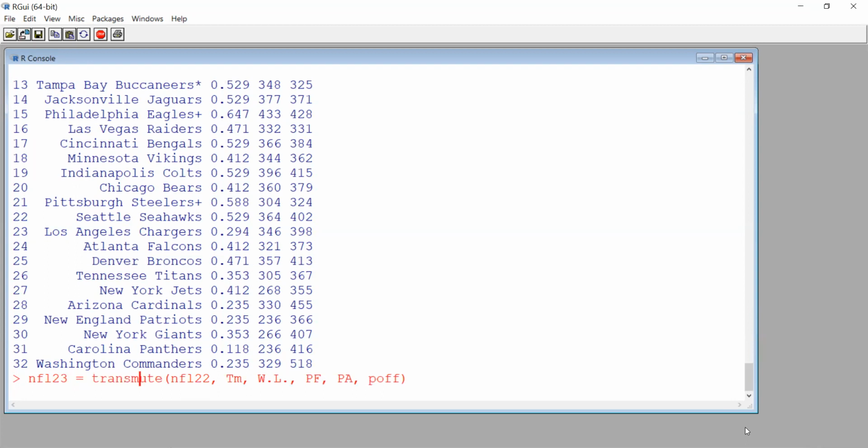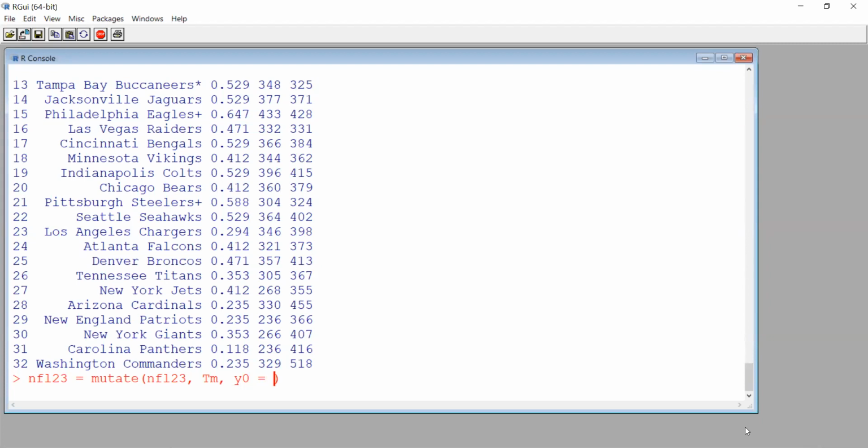So we're going to put in mutate here, NFL 2023, and you just put the one you want, and you can write it as a function of the other columns and as constants or anything that is a constant or algebra.